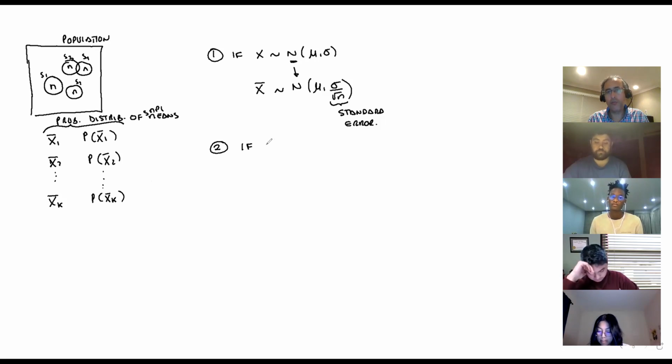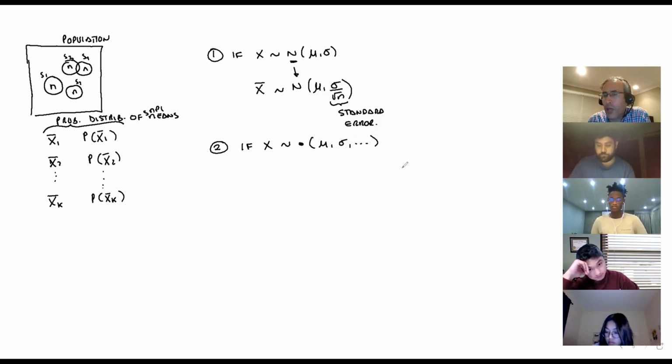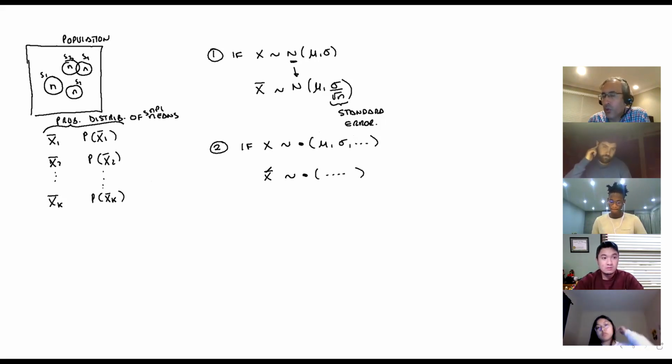Two, if X is whatever, so we don't know the distribution of the population. We have no clue, okay? These ones can have many, many more parameters. What is going to be the distribution of X bar? In general, guys, we have no idea. So if we have no idea, we cannot find probabilities at this point. We need to have more techniques. However,